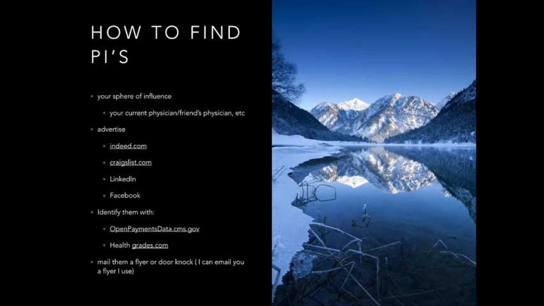But you can always Google physicians in your zip code and go talk to them, call them, show up to their office. I like Open Payments, data.cms.gov. We have the link here for you, openpaymentsdata.cms.gov. So you can search by zip code and then you can find their address